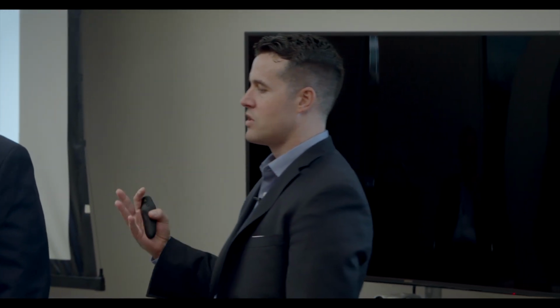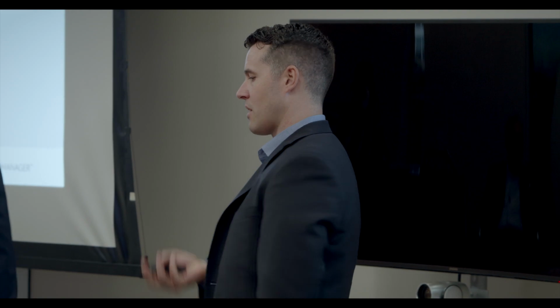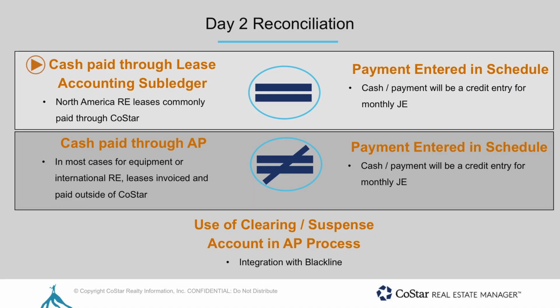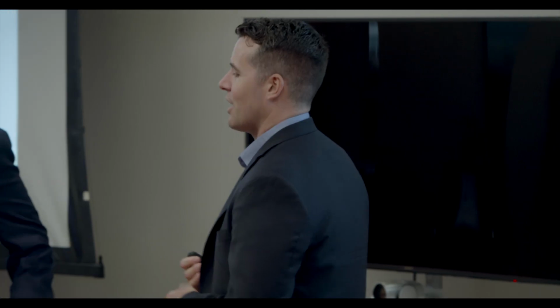So for some of you, you're already integrated, let's say for your North American real estate, with CoStar from a payable standpoint, going through an approval process, pushing that rent file from CoStar to AP, getting checks cut, et cetera. That's the top section here. For that component, no real reconciliation is required, right? CoStar is the system of record for that payable entry, and will be the system of record for that GL push. Those, in a perfect world, are going to equal, and then no reconciliation is required.